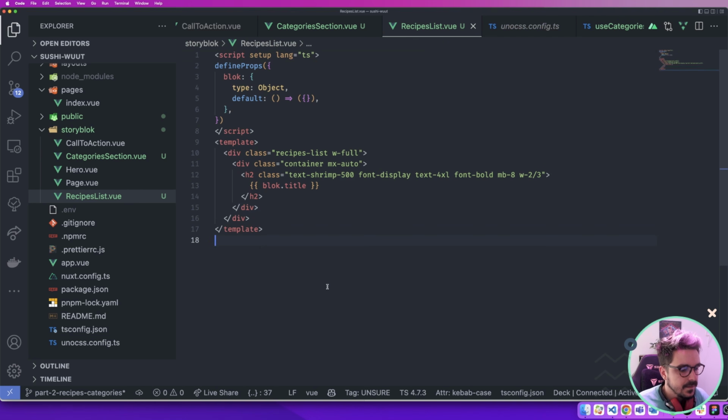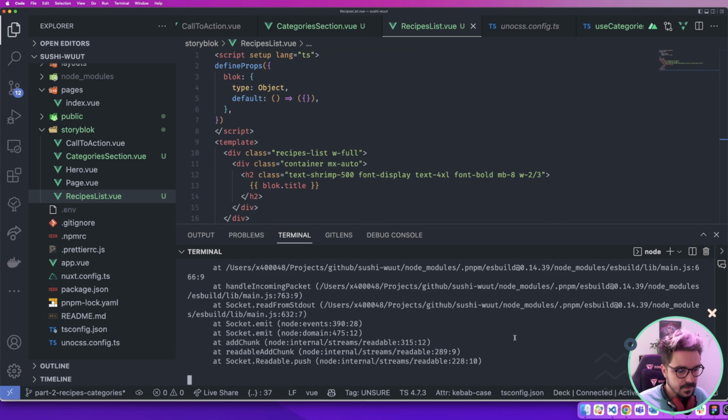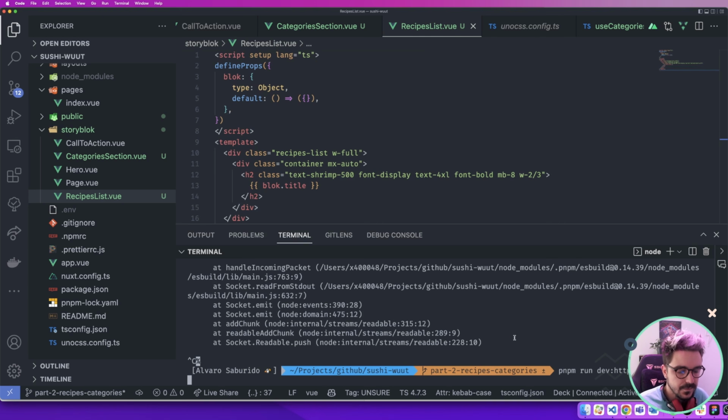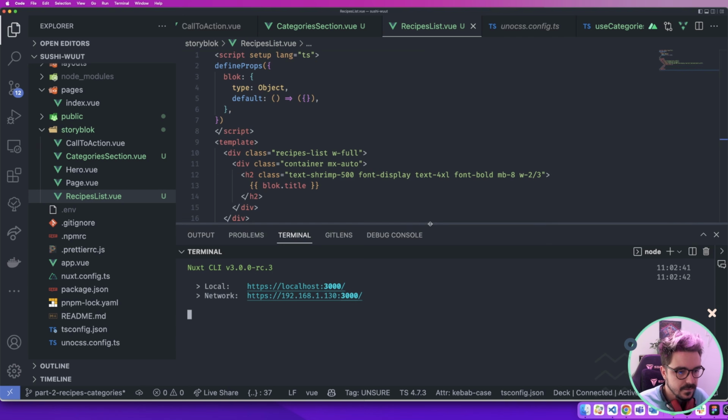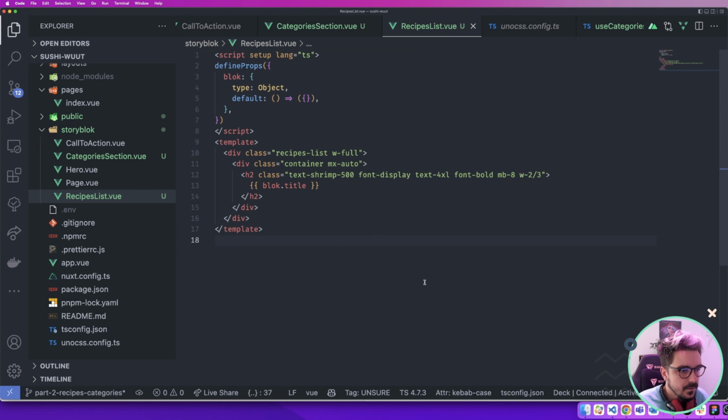Seems fine. We probably need also to restart our server so it gets the new one. And just below here is where we are going to put our recipes, right? But before we do that, I want to be able to fetch them. Okay,